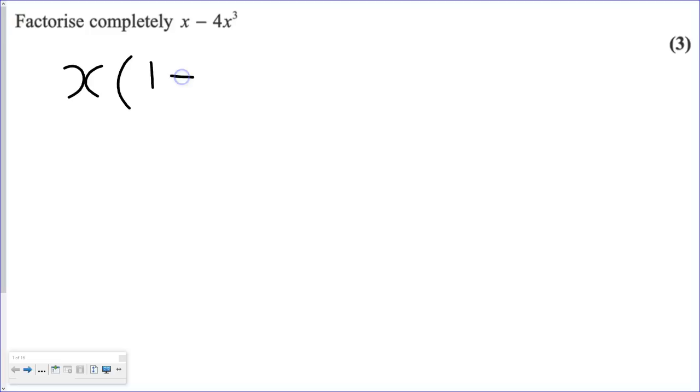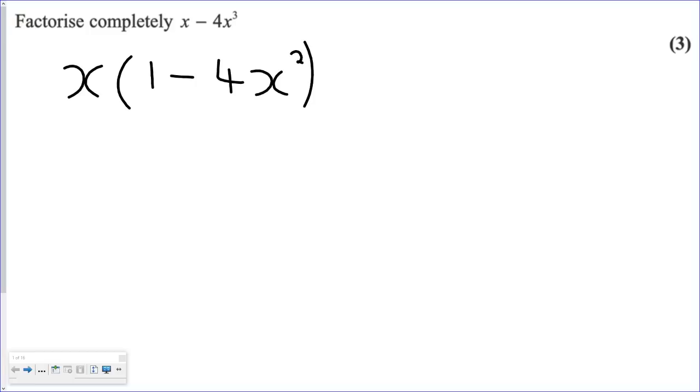So if we take x out as so, okay, that at least got you 1 mark if you could do that. Be careful not to switch the 4x squared and the 1 around, because the only way you can do that is if you take out a -1 as a factor. It's not an equation, it's not like we can just times both sides by -1. We have to make sure we take out the appropriate factors if we're going to change the signs inside the bracket here. So, leaving it like this,